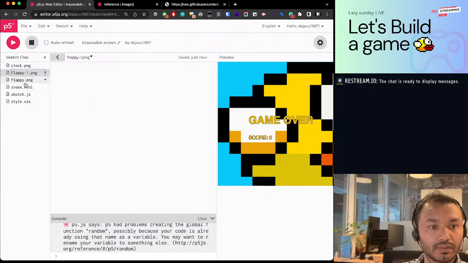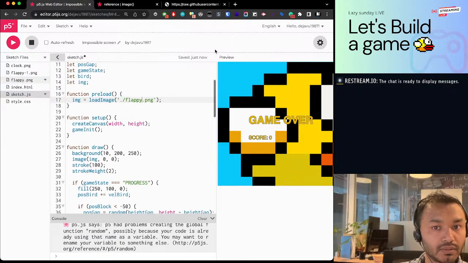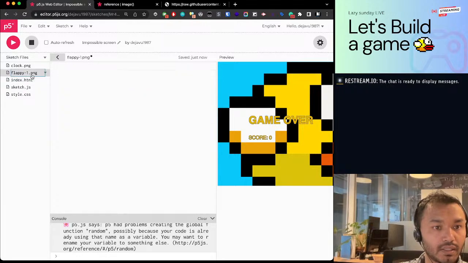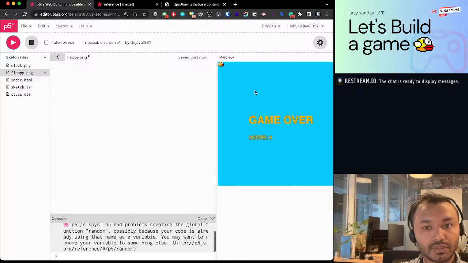Okay, it didn't replace, but it just created a new copy. I'll delete the old one and then rename back the new one to Flappy. Now if I refresh this, see on the corner there's a Flappy Bird. So now going back to our sketch